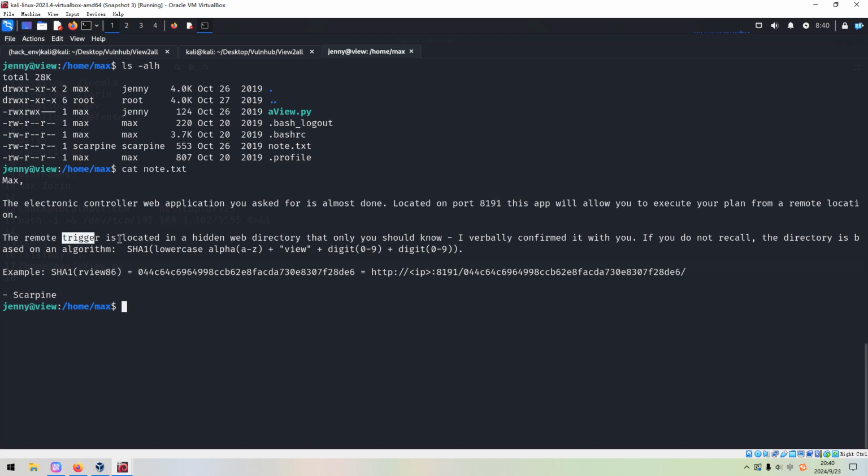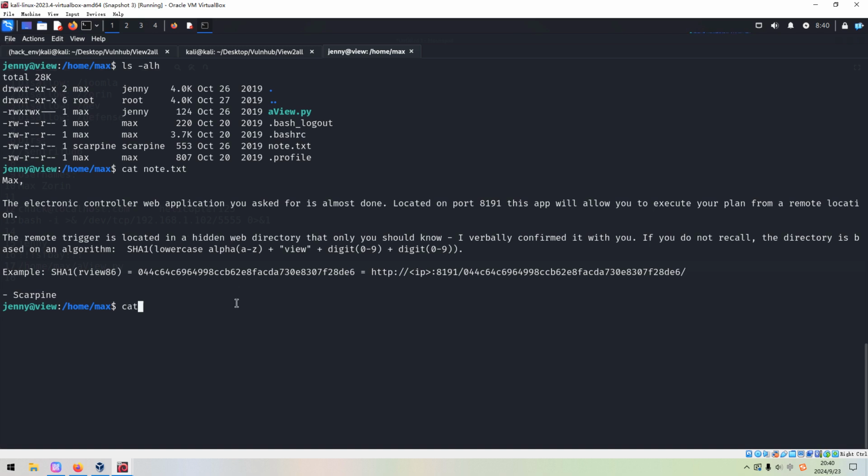Another trigger is located in a hidden web directory that only you should know. I verbally confirmed it with you. If you do not recall, the directory is based on algorithm SHA. The location consists of lowercase alphabet, a few digits, 2 digits. So I think from here we know that we need to find out this hidden web directory.